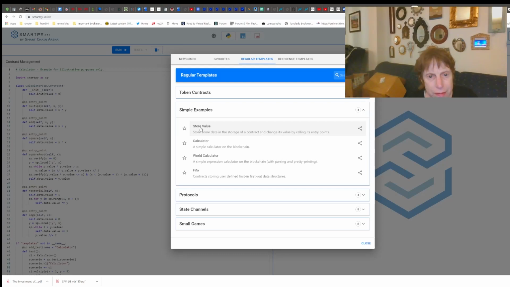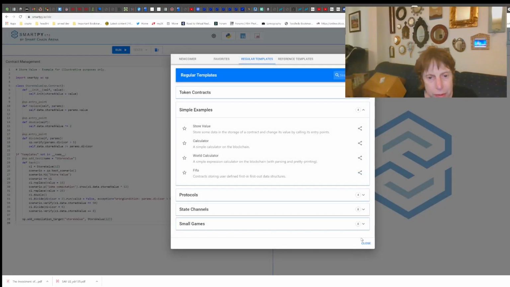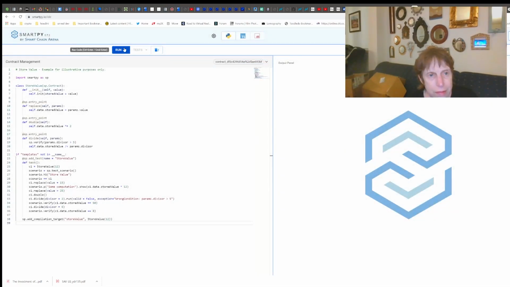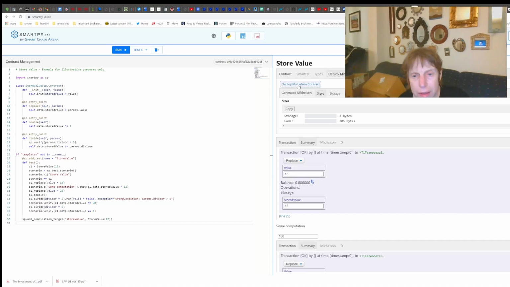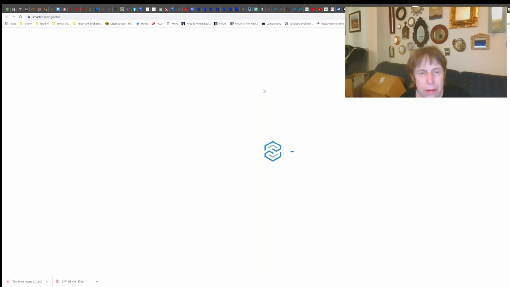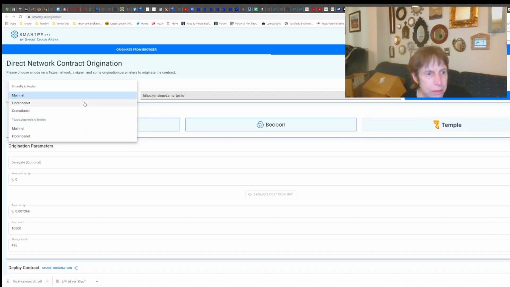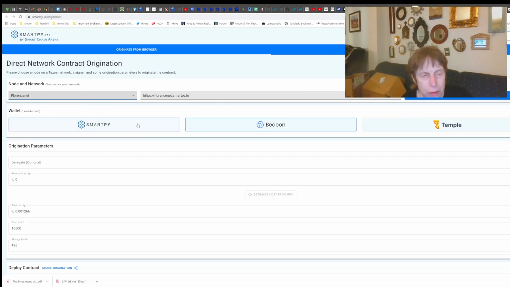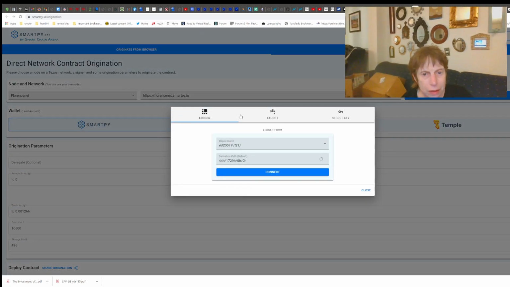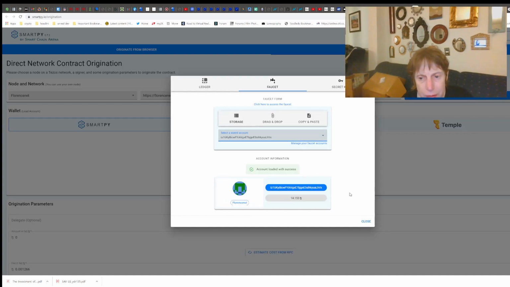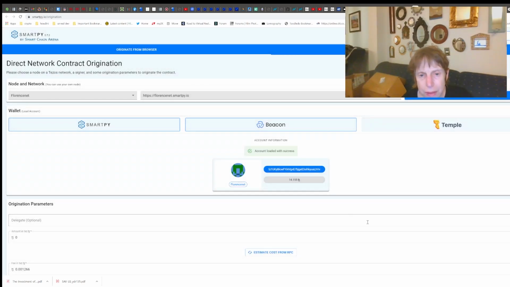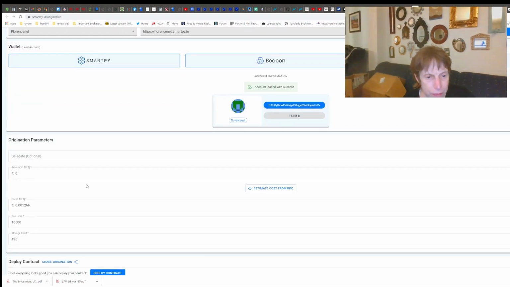Simple examples. This is a very simple example. And we're going to go through the same process. We're going to run it. Going to run the tests. Then we're going to deploy. And we're going to go here. FlorenceNet, SmartPy, and faucet, and there we go. And it's loaded. So now we should be able to deploy,